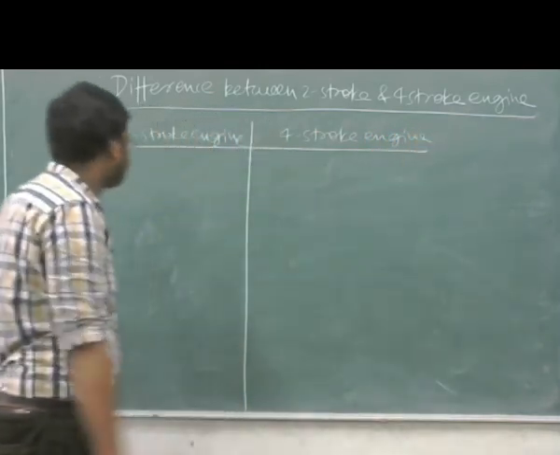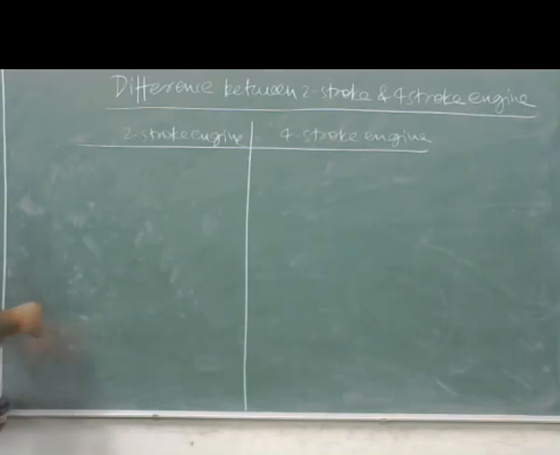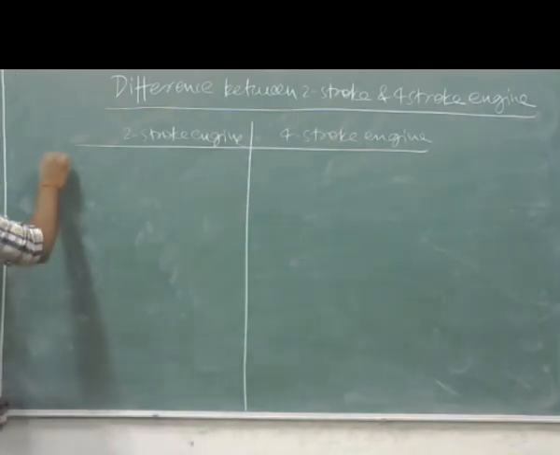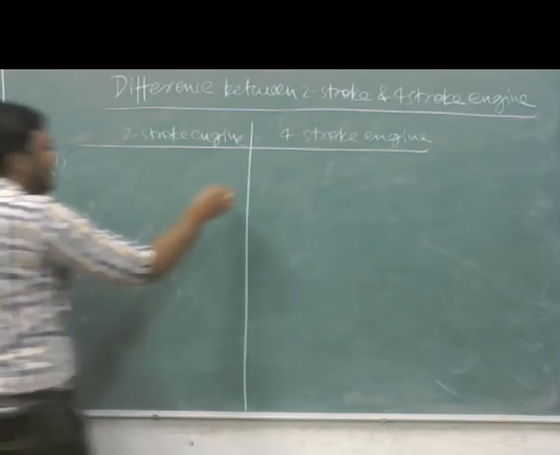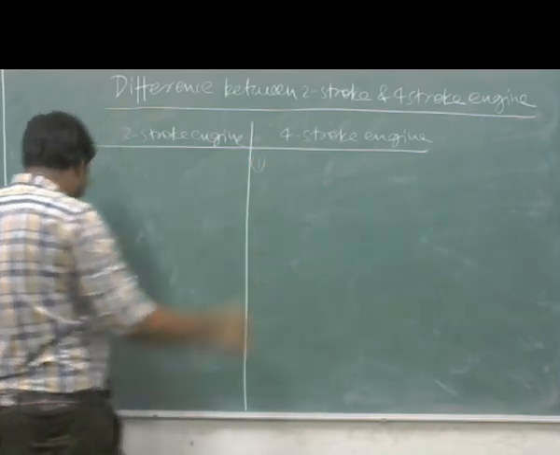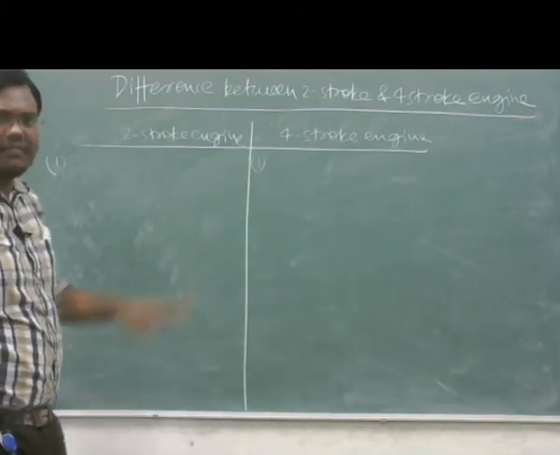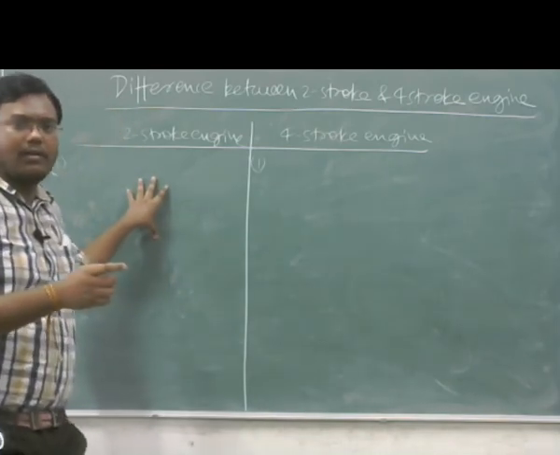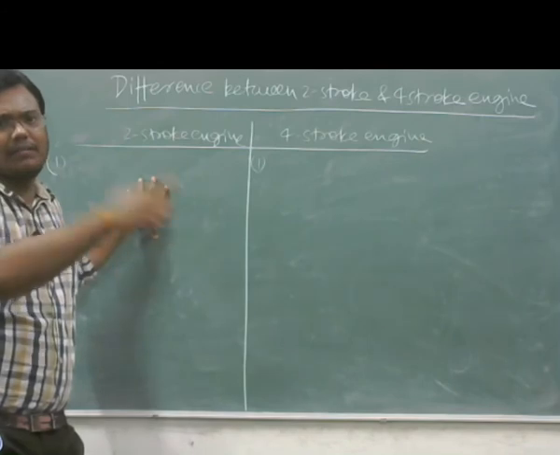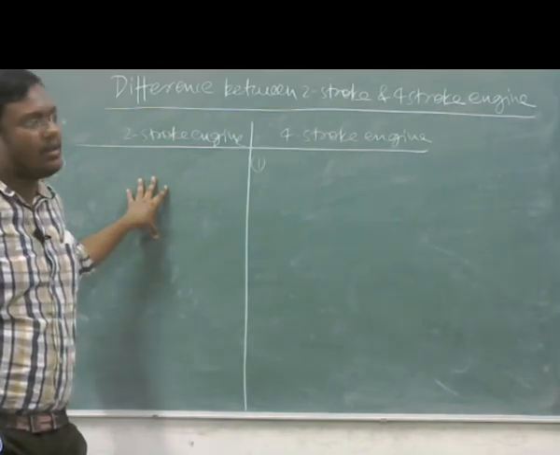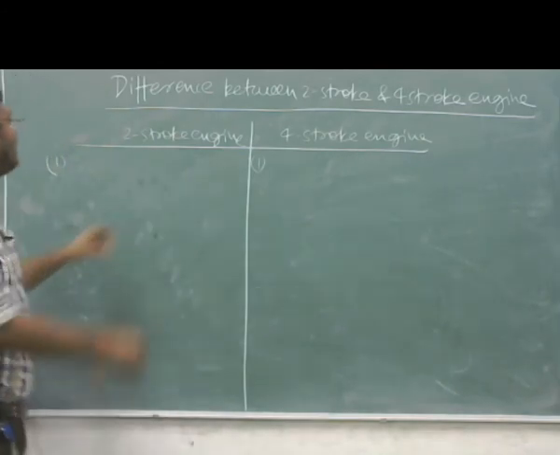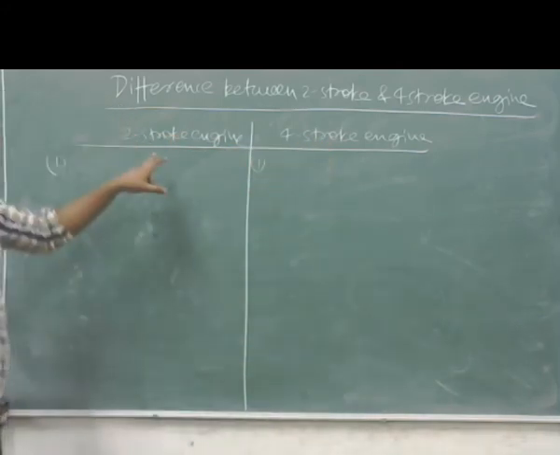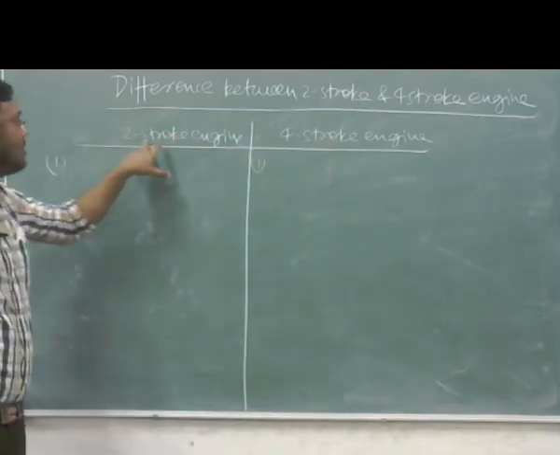Okay, now we will show the differences point by point. First point, first basic difference. Write the first basic difference. When we are going through the working, what is the first difference that comes to mind? First difference, by the name of these engines, two-stroke engine and four-stroke engine. We can write the first difference with the name of these engines.